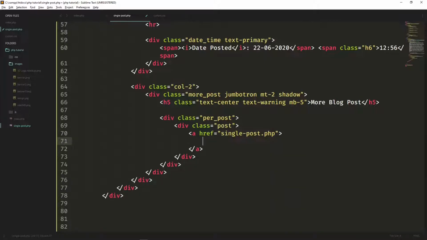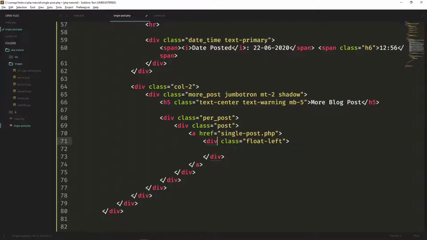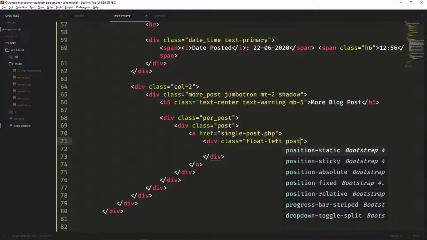And instead of this anchor tag we'll have another div of float left. Still we have a user defined class. We call this post